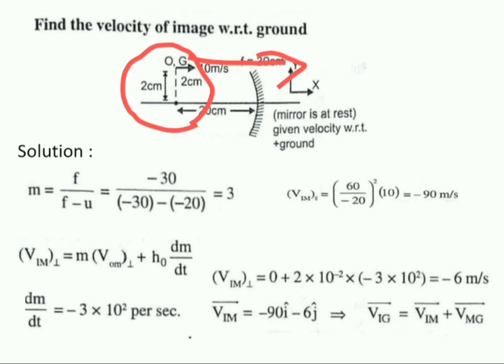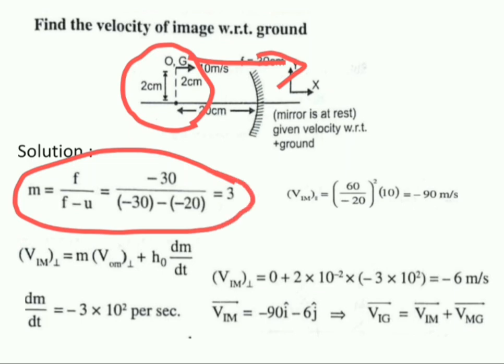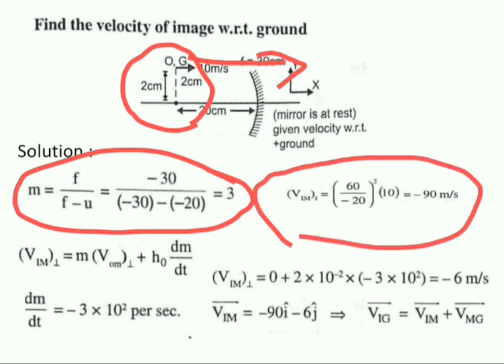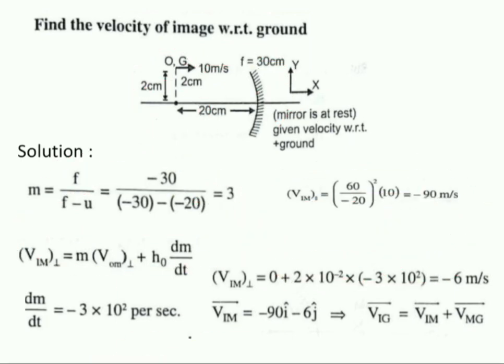For parallel to the principal axis, calculate the magnification first. M is equal to 3. Magnification is plus 3. So we know the velocity of the image parallel to the principal axis is minus v square by u square into the velocity of the object parallel to the principal axis. What is the velocity of the object parallel to the principal axis? 10. So minus of